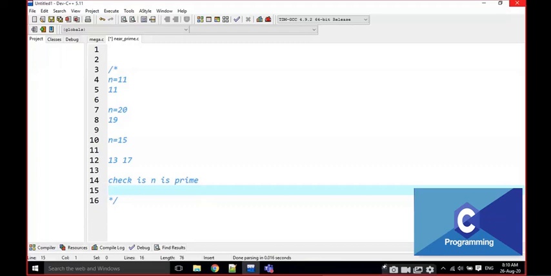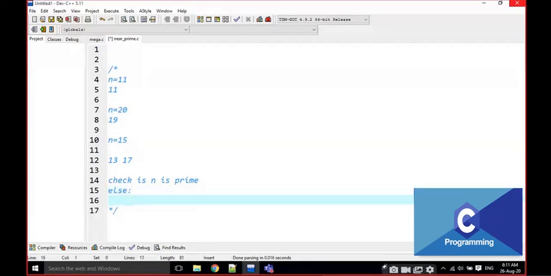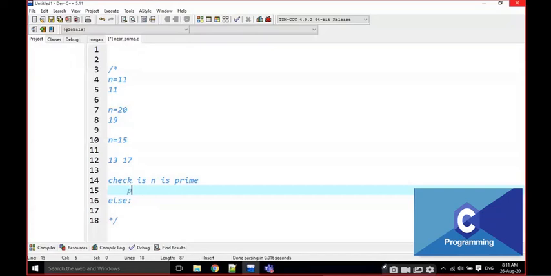If it is prime, that means we are going to write inside the if. If it is not prime, that means else. If n is prime, just print that number. That's it. That is the answer here.